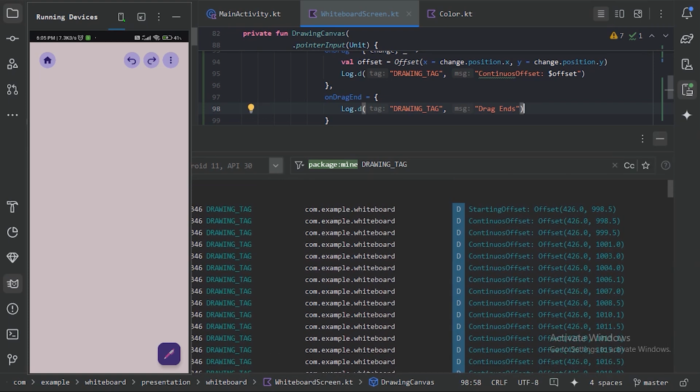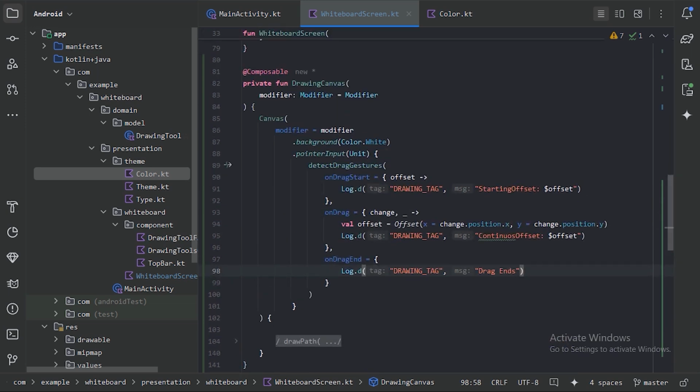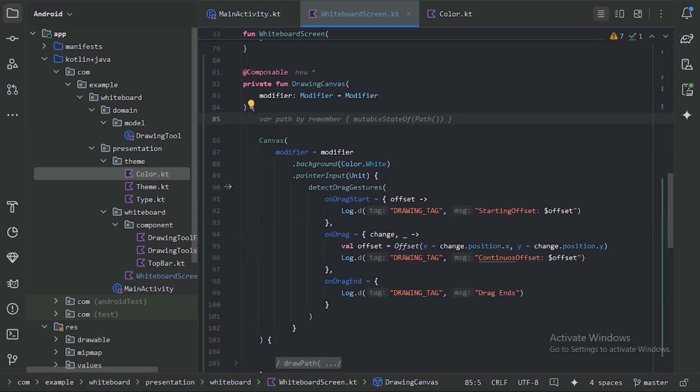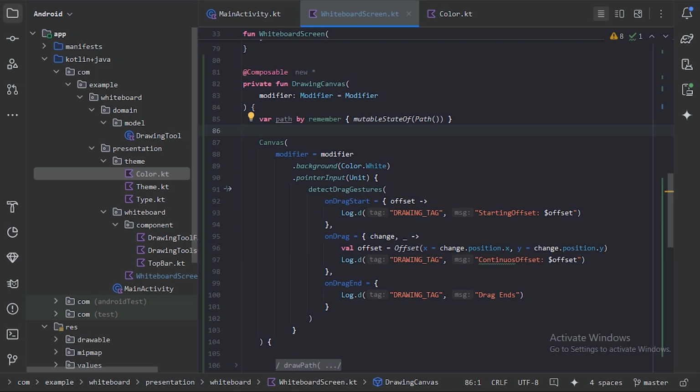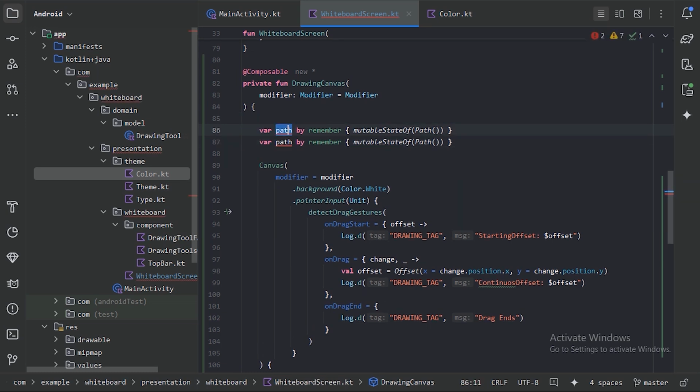So let's minimize this, and let's also minimize this. Instead of these logs we will take these offsets and we will create a path. First thing, here let's create a state where we will keep the current path, and here Android Studio is suggesting the code, and we will use this code. And we will also keep a state of all the paths user has drawn. So again let's duplicate this, and this time we will keep all the paths,